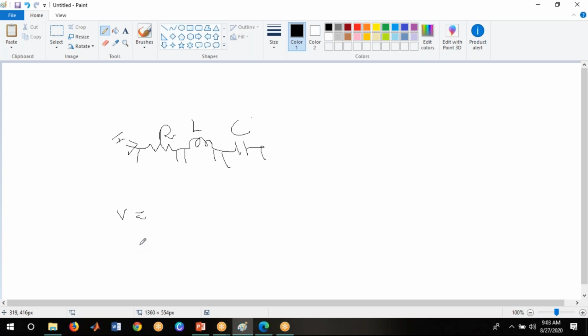EC students have already used it. Voltage across the resistor is V equal to IR, sir. That is the voltage across the resistor. What about the capacitor? Voltage across the capacitor is V equal to 1 by C into integration of I dt, sir. Okay, now next, what about the inductor? What is the voltage across the inductor? V is equal to L into di by dt.